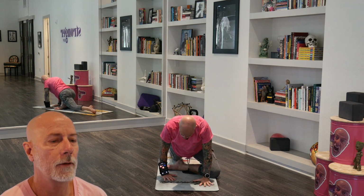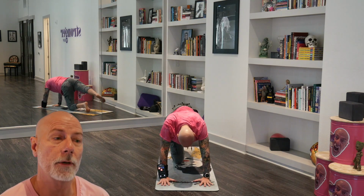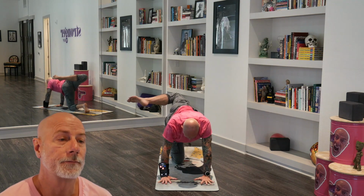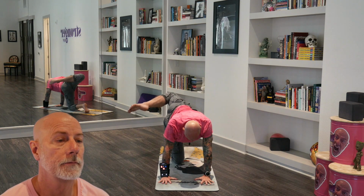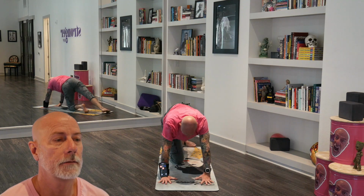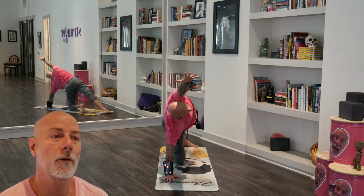All right, now we're going to release, plant the hands. Leave that right knee down, but slide it forward, and then lift your left leg into the air. Open your hip, bend your knee like a dog peeing on a fire hydrant, just to get that blood flow back into the left leg. And then we're going to plant the left foot, left heel behind the right foot, reaching the left hand up